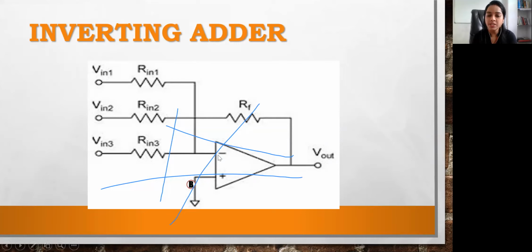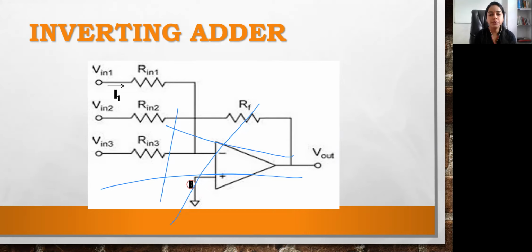It is obvious that we are going to give the input at the inverting terminal. Here a number of inputs are connected, so we will have V1, V2 and V3. These are three voltages and we have connected them through three resistances, R1, R2 and R3. This is a single feedback resistor which is connected from output to the input. At this point once again we will have the virtual ground concept. So this is a simple circuit of an op-amp as an adder in inverting mode.